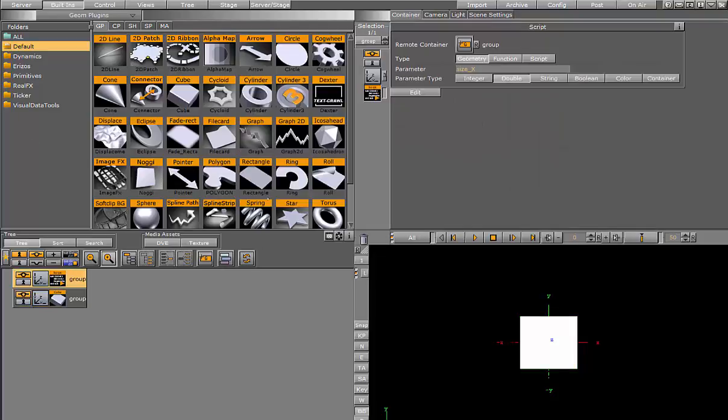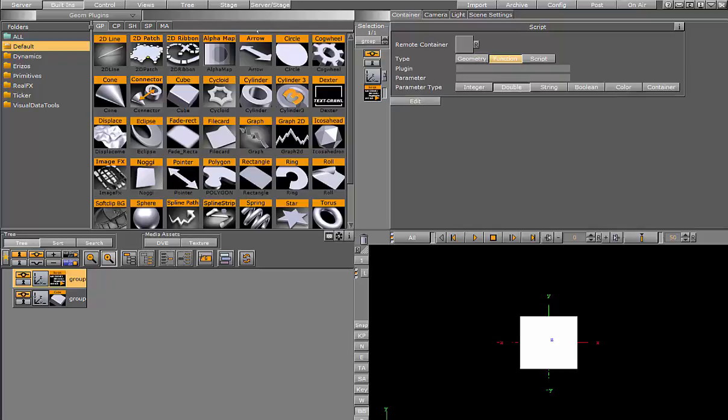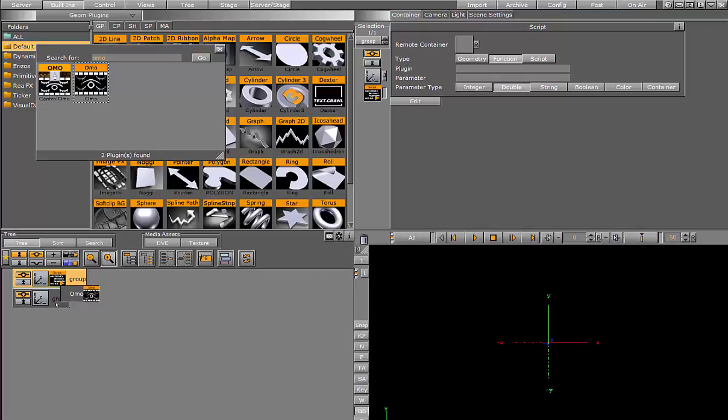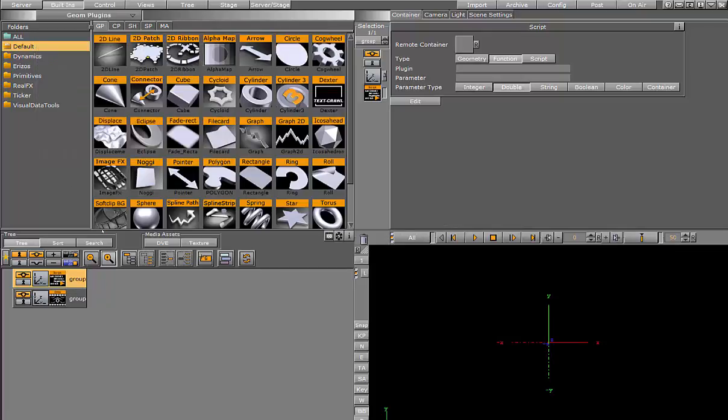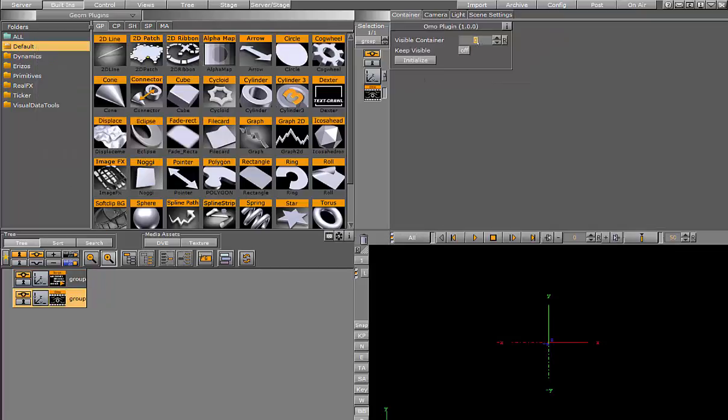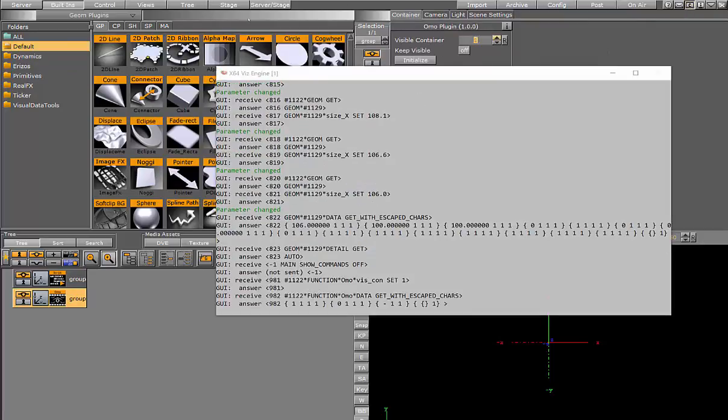Okay, so that was the geometry type. So now I can show you how to use the function. So for example, if I get rid of the cube and I'll put the OMO plugin on the group. So whenever the value changes in the OMO, a function is called. So for example, we have this function OMO viscon. So I'll take this value